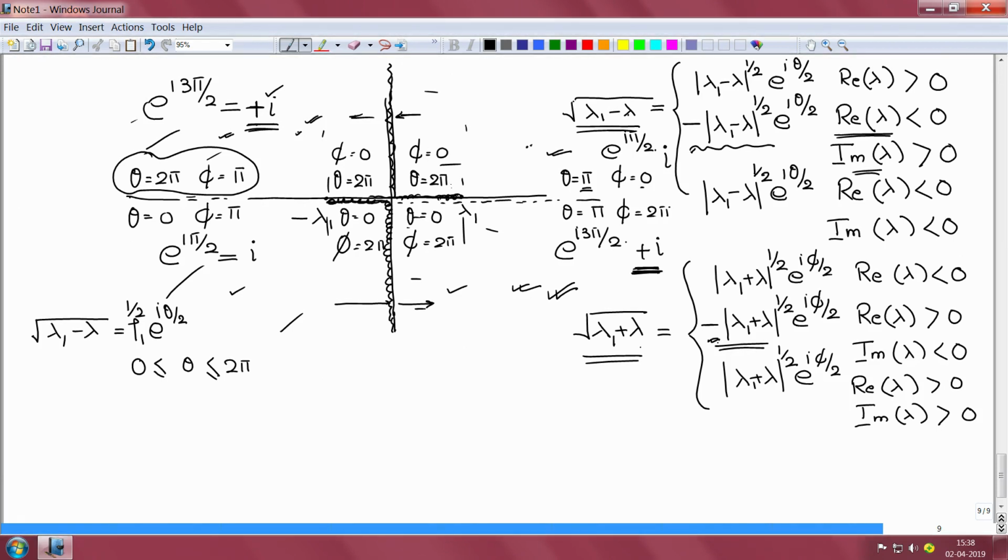So, now whenever my lambda exceeds lambda 1 on this side or minus lambda 1 on this side, the imaginary value is everywhere positive. So, this is the L-shaped cut. Now, we still have the integral that we have to attend to. We still have this integral to attend to, minus infinity to infinity